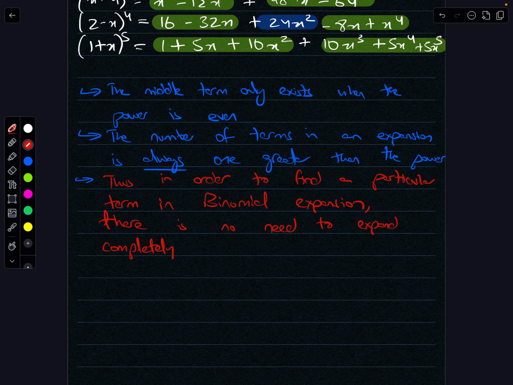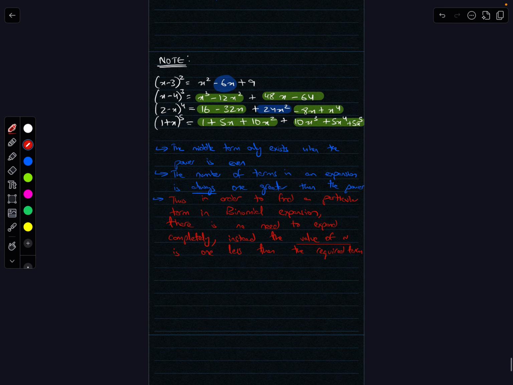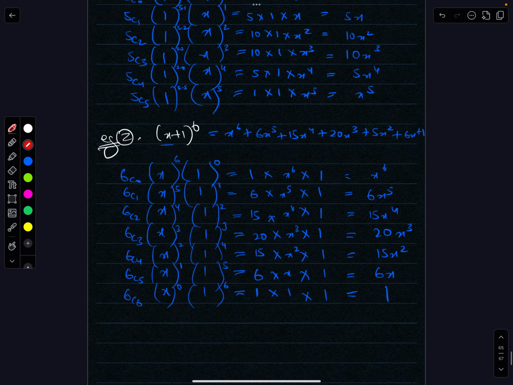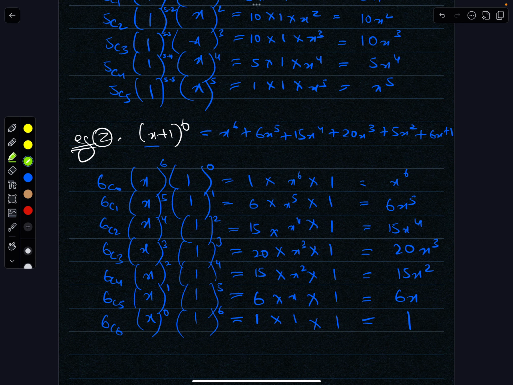Why so? Because instead, the value of r for which you need to work out is 1 less than the required term. So this is a very important point. Like let's just say in this case I were to find,